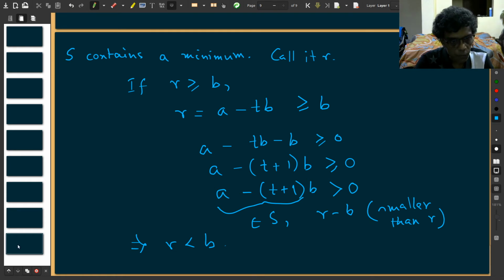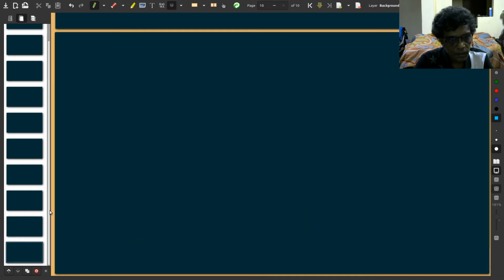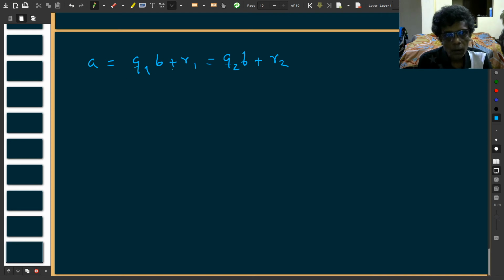Now I prove the uniqueness. Now suppose that A can be written in two different ways, let's say Q1 B plus R1, Q2 B plus R2, where R1 and R2 are in this range. But then if I subtract these quantities, I get